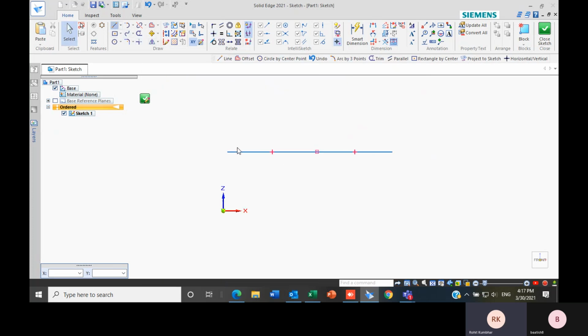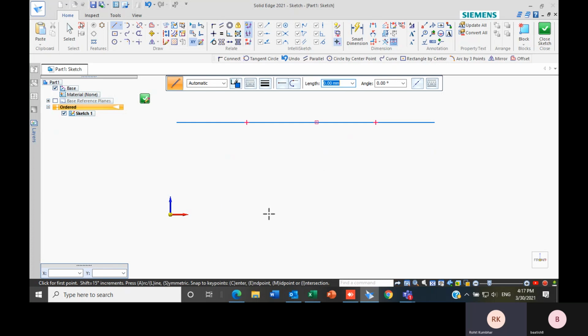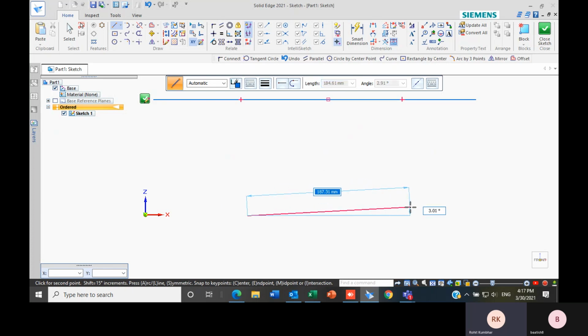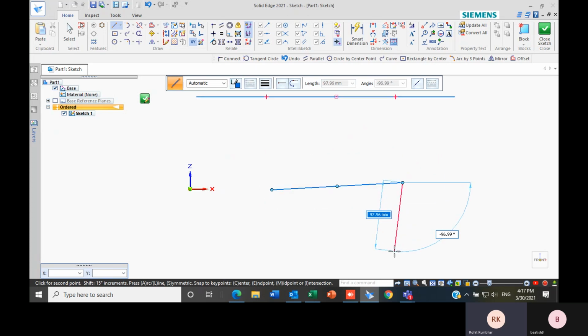Suppose I have to create a horizontal line, but by mistake I create a line at, let's say, 3 degrees, and my next line was not perfectly vertical.